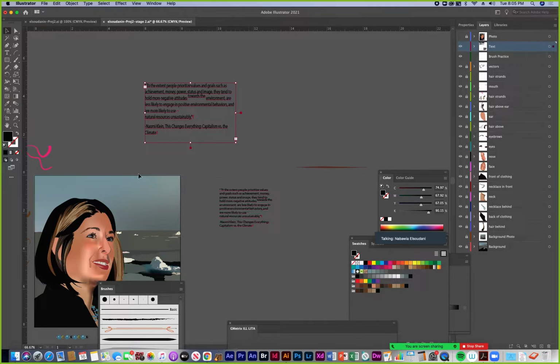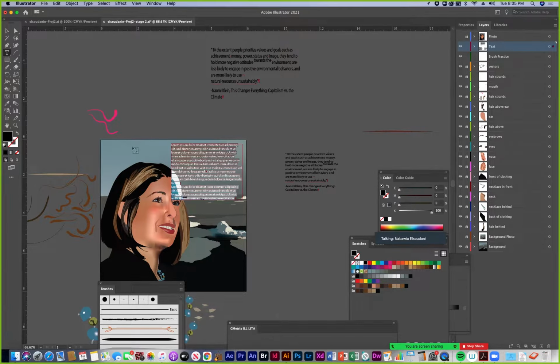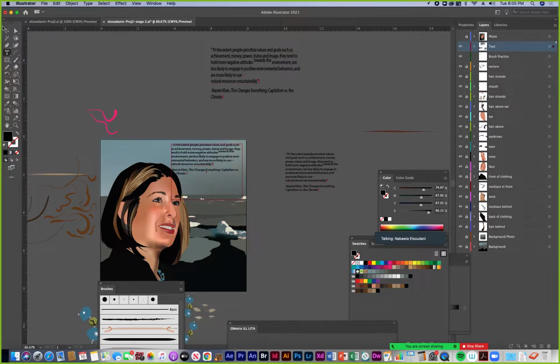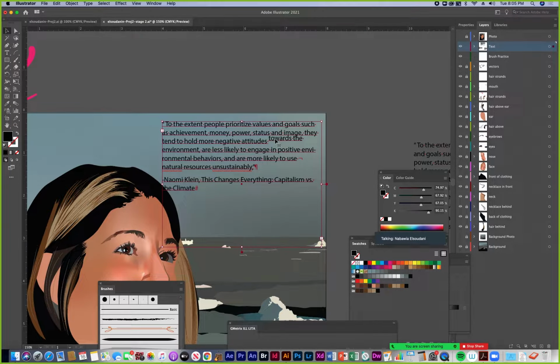I could do this, or instead I can make area type from the beginning by taking the same tool and clicking and dragging a text box. It will fill with the placeholder text, and then I can hit Command V to paste what I have copied on the clipboard. I noticed that two of these words up here